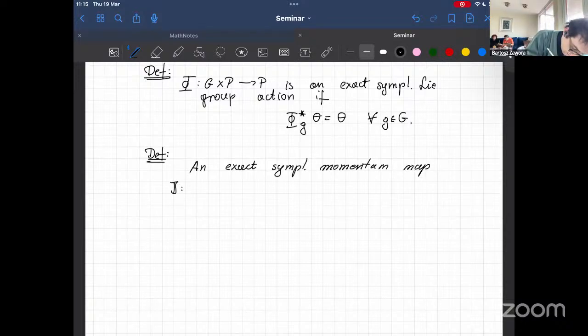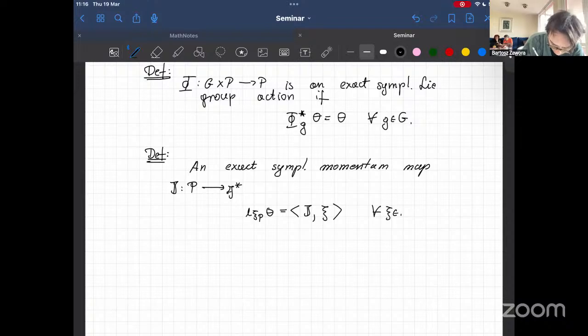It goes from the manifold to g star, where g star is the dual of the Lie algebra of our Lie group, and we define it as the contraction of theta with respect to the fundamental vector fields associated with our action, and this is the natural pairing between g and g star